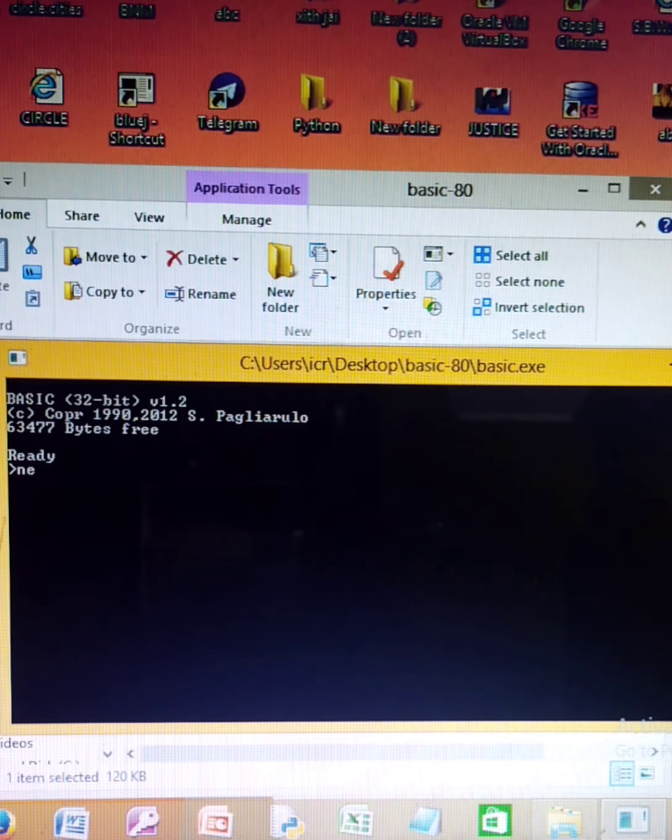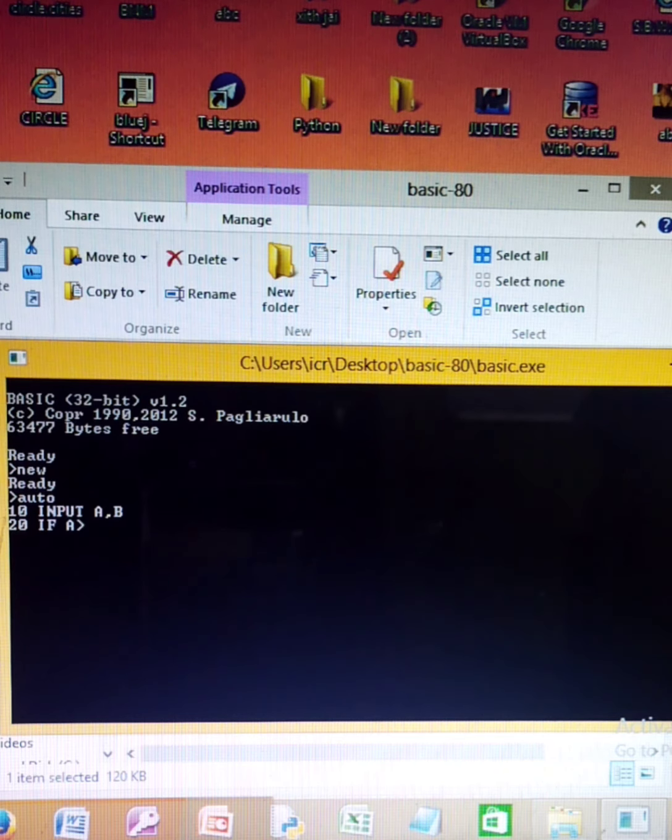As I told you in the previous video also, for starting a new program you should write NEW, then AUTO. AUTO will automatically give you line number 10, 20 and so on. Now suppose I have to take two numbers and find out the greatest of them. So I will be writing here INPUT A, B without a message. Also you can write a message.